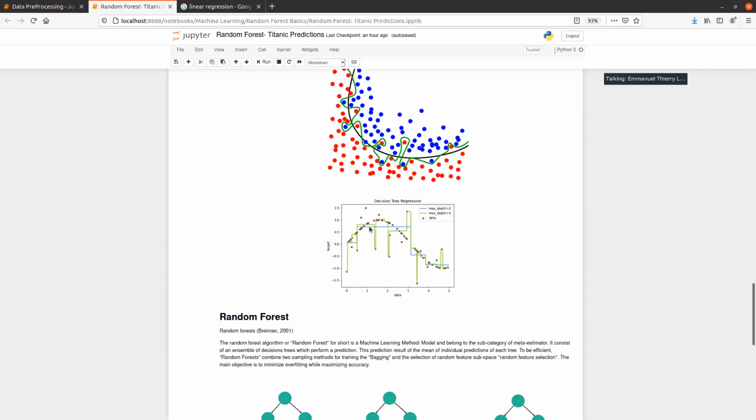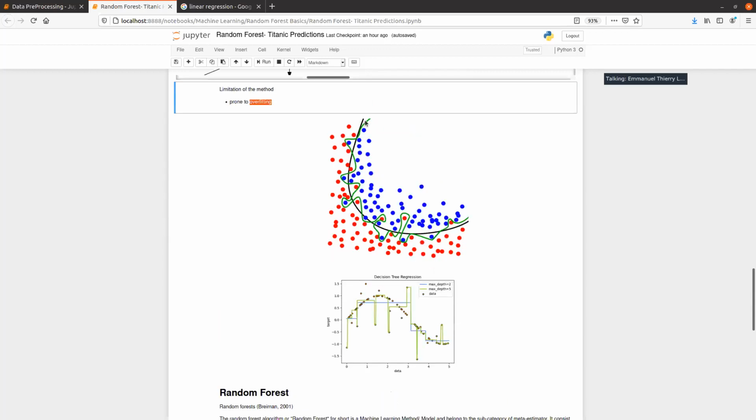So what that means is, as you can see here, the isolation of who's dead or not is curved. And in order to take that into account, the decision tree will usually draw boxes between the data points. So it won't necessarily draw a curve like this.